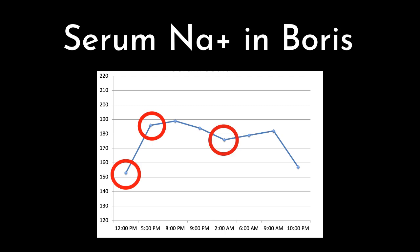186. Overnight, the marked hypernatremia persisted, but the healthcare team was able to bring it down to the 178-180 range with the administration of 5% dextrose as a source of free water. By 10 p.m., Boris's sodium concentration was successfully brought back to the baseline value of 155 millimoles per liter. This was accomplished by administering fresh water by an NG tube and using a continuous rate infusion of regular insulin